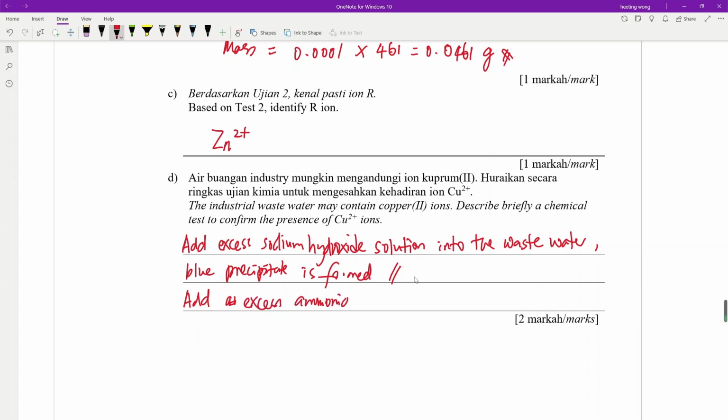Ammonia solution into the wastewater. Okay, a dark blue solution is formed. Okay,